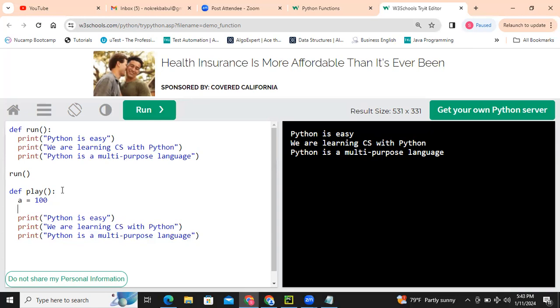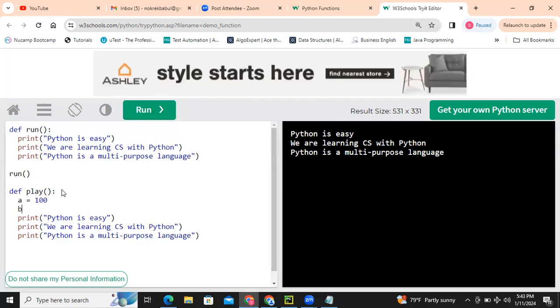Like in Java, we have system.out.println. Okay. And also one more thing: if we want to see the thing inside the function, we have to use print. Like you see on the other side, Python is easy. If you don't use print, you can't see these sentences over there. Yes, you can write print A plus B.